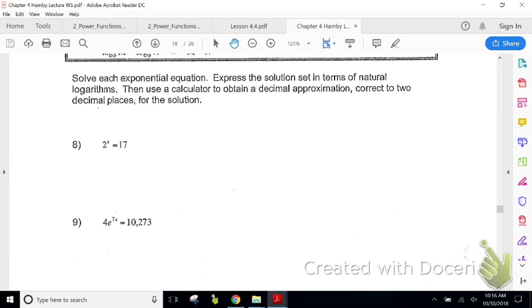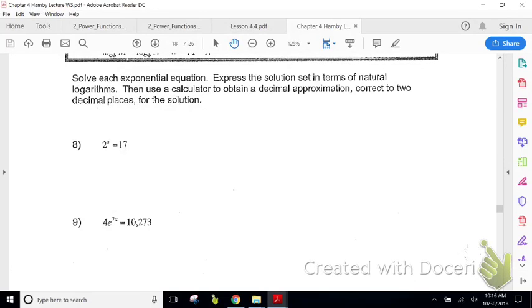All right, so on number 8, we have 2 to the x equals 17. Can you get like bases? No, there's nothing to do. So if you can't get like bases, what you can do is, because look, where is your x at? It's in the exponent. So we need some way to get the x out of the exponent. And if we can't get like bases, the only other way to get x out of the exponent is if